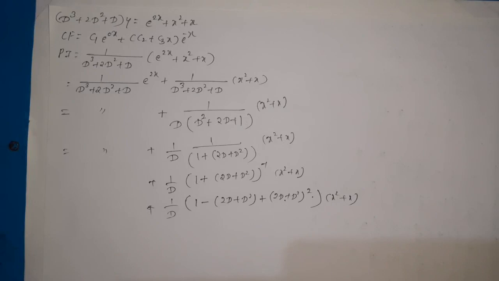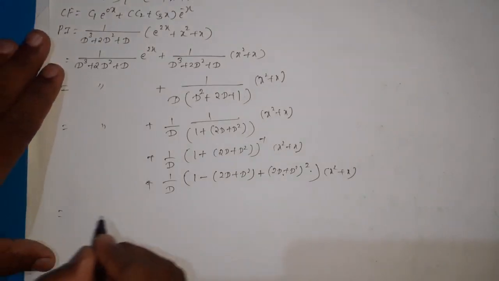that is of the form a plus b whole cube, that is a cube plus b cube plus 3ab square plus 3a square b. So after expansion of that one there is no D square term, so that's why we are not considering it. So first you have to verify whether D square exists or not. If there exists any D square, then you have to consider that, otherwise you can exclude. But if there exists D square and you exclude it, then you will get the wrong answer.